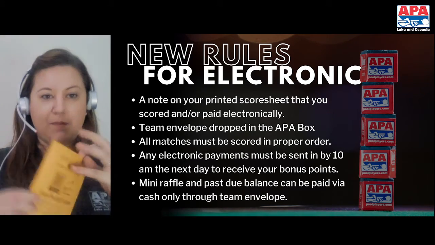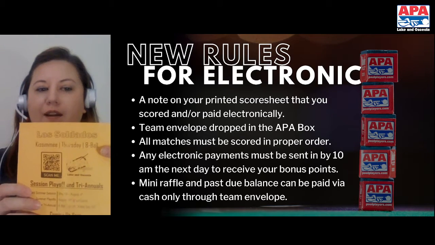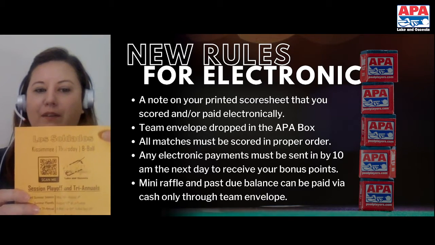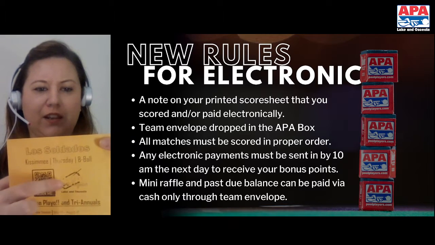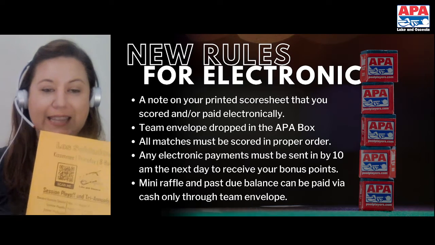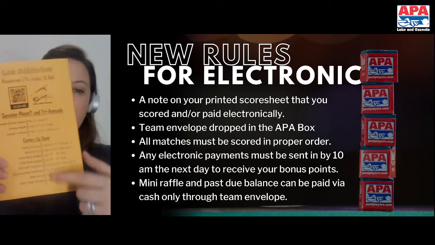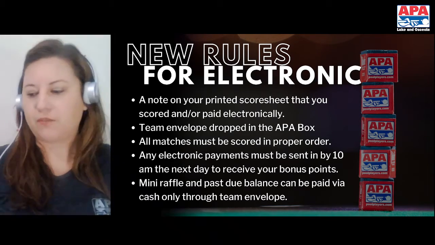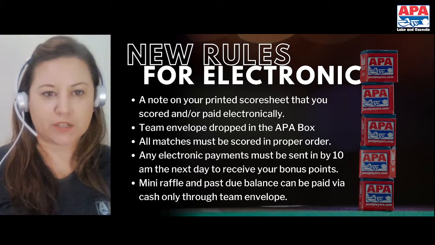Your team envelopes have a lot of great information. It has your team name up here at the top, just in case you never really paid attention to that. And then right here's a QR code to our Google Calendar, so you can actually scan that. You can always see what's coming up. There's also a typed out list of upcoming events. So good info there. Please read your envelope.